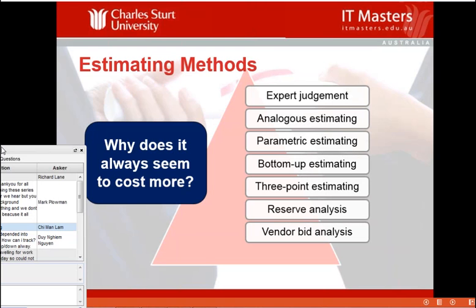Sometimes people will depend on vendors to help them to estimate. In other words, you might go out to various vendors and ask them what they feel is the appropriate cost to undertake this work. That could be maybe a little bit unethical if you are deliberately just using vendors to help you to come up with your costs, if you don't intend to send the business in the direction of an external contractor.